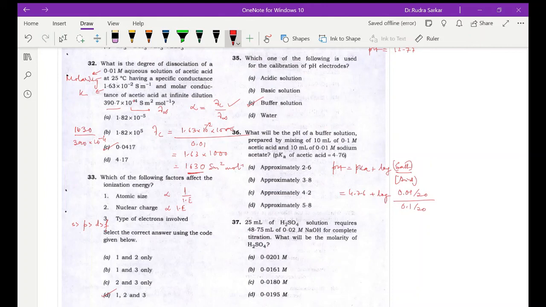That should be the concentration. So this and this get cancelled. So we are having 4.76 plus log 0.1. That means 4.76 minus 1, that is 3.76, or we can say it is equal to